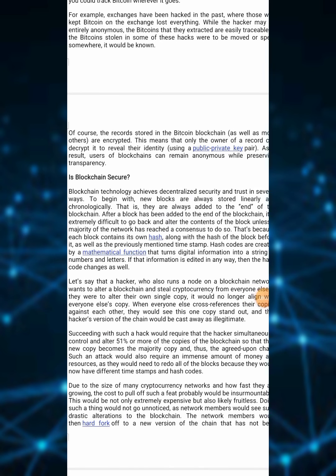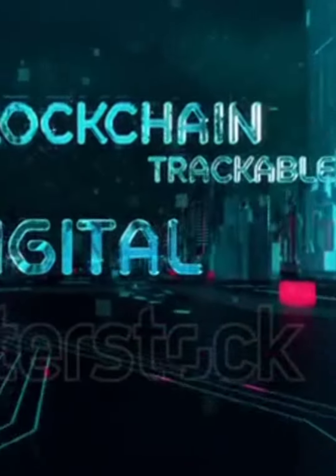So what makes a blockchain secure? Is blockchain actually secure? Guys, blockchain technology achieves its decentralized security and trust in several ways. To begin with, new blocks are always stored linearly and chronologically. They are always added to the end